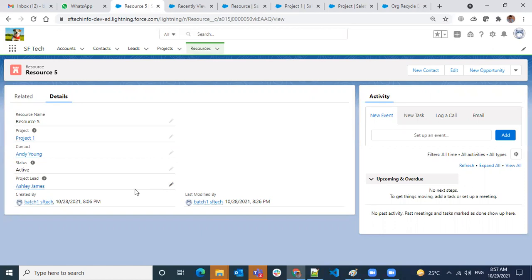Okay, any questions here? Otherwise, we are good to close. And we don't have any option to create a roll-up summary. We don't have a restriction on the owner ID or sharing security. There is no restriction on whether you can create a record or not.